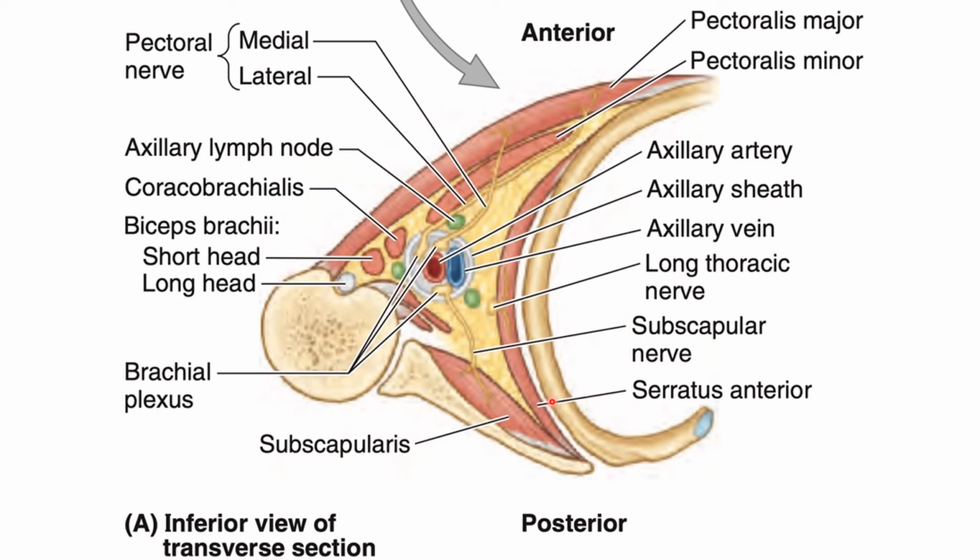The illustration on the screen is the transverse section of the axilla. So now you can identify the different walls or boundaries of the axilla. The point here is that you need to note the contents of the axilla. You can see all the fat here along with the lymph nodes. The green color structures represent the lymph nodes.